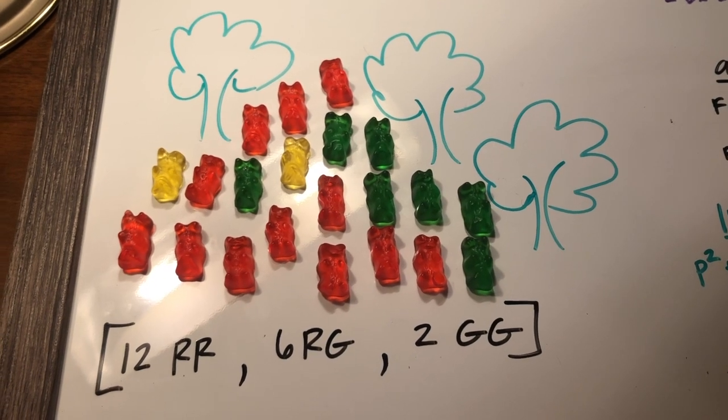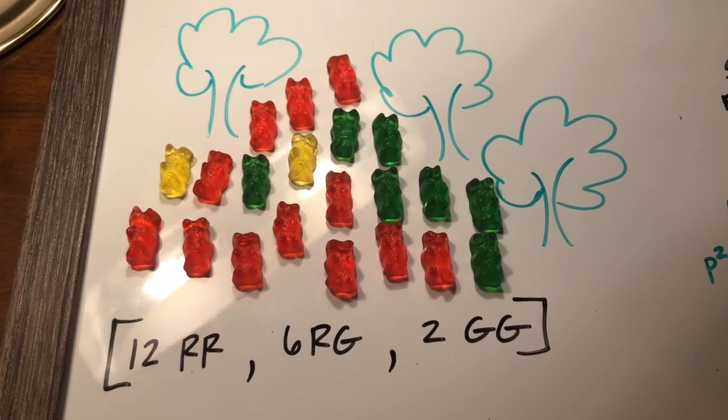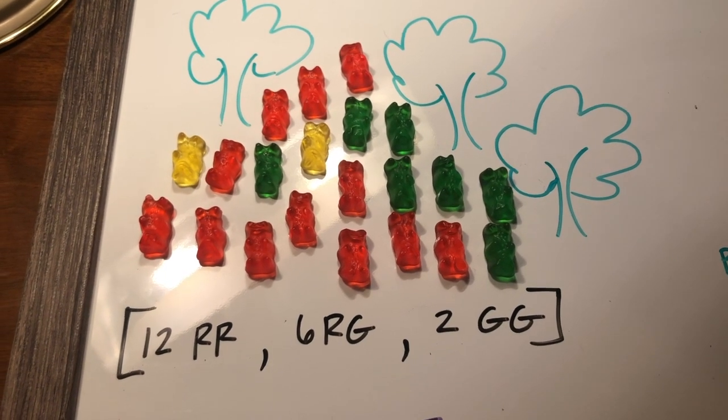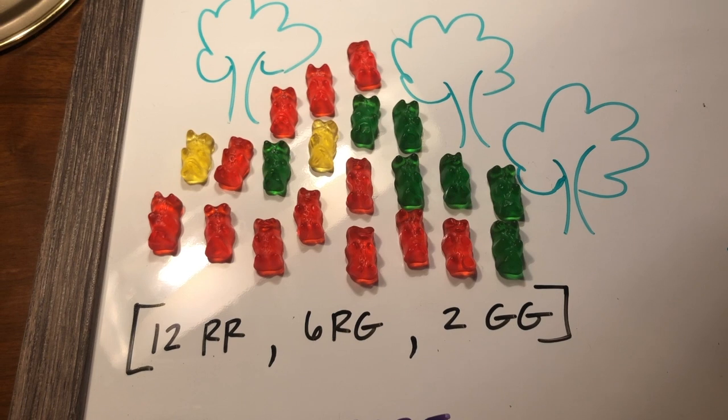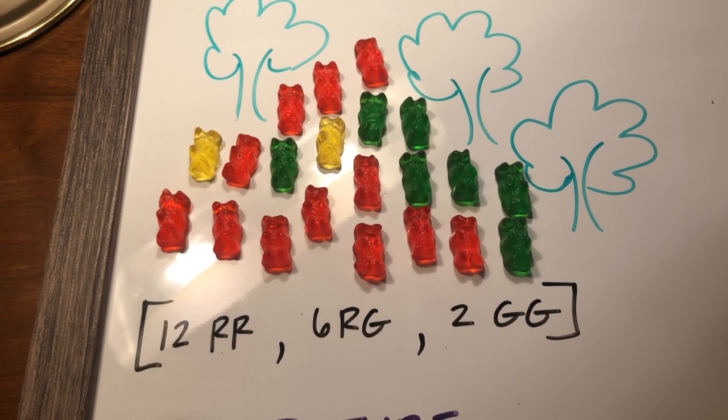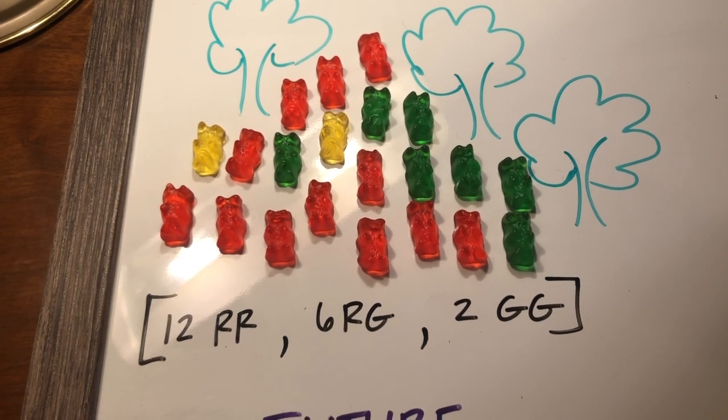We have a population of gummy bears displaying 3 different phenotypes: 12 red, homozygous dominant; 6 green, heterozygous; and 2 yellow, homozygous recessive, for a total of 20 bears. Assuming that variation remains constant from generation to generation and selection does not occur, we can prove the population to